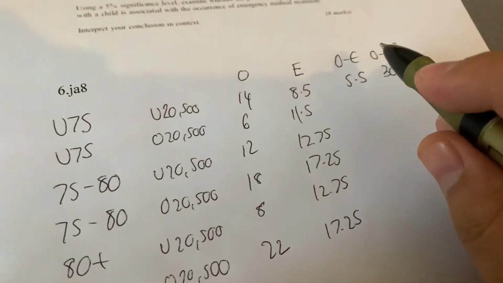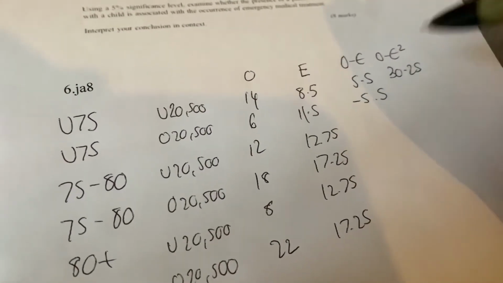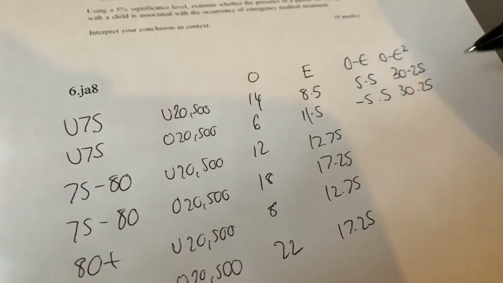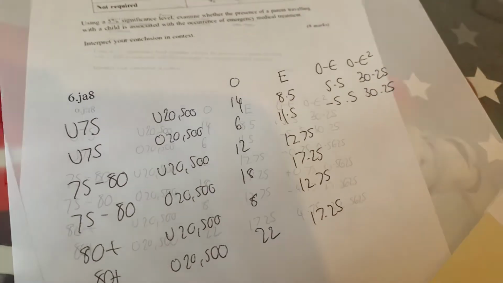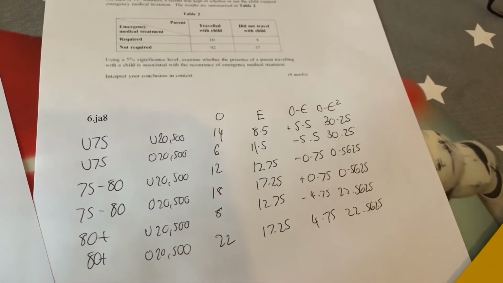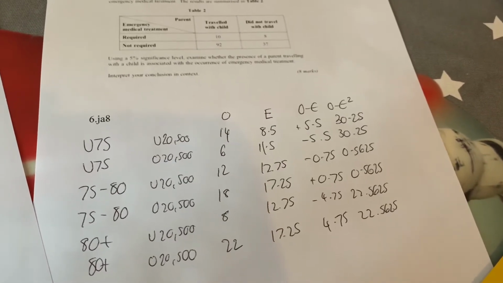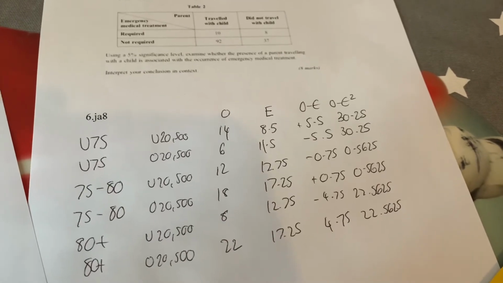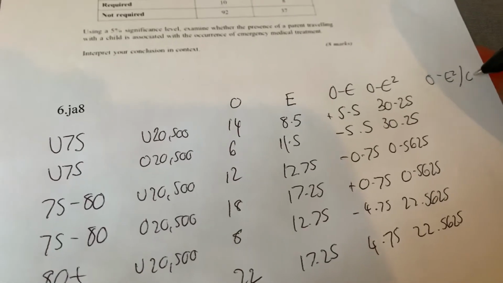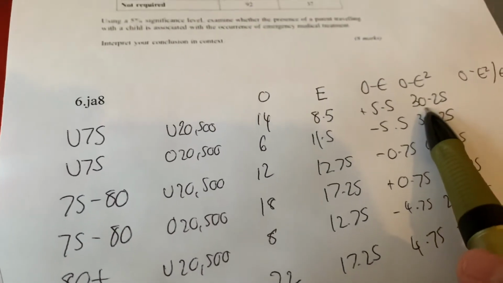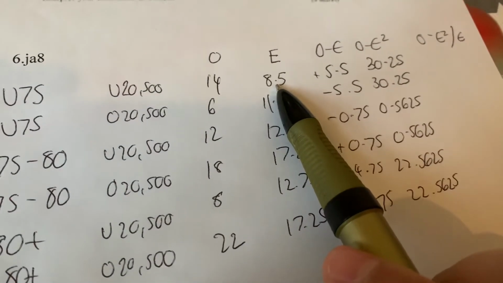which gives me 30.25. If you do the next one, you'll see that it's a negative. It becomes minus 5.5. But when I square that, that becomes positive 30.25. I'm just going to do that for each of the numbers on this list. And as you can see, I've now got that almost completed. The final step is I take that final column, the O minus E squared, and I go back and divide it by the expected number. So I'm going to do O minus E squared divided by E. So in this example, I will take 30.25 and I'll divide it by 8.5, which will give me